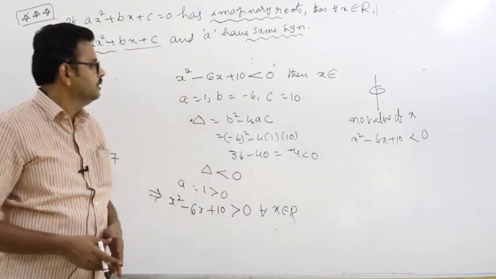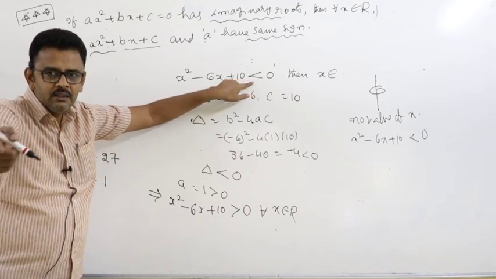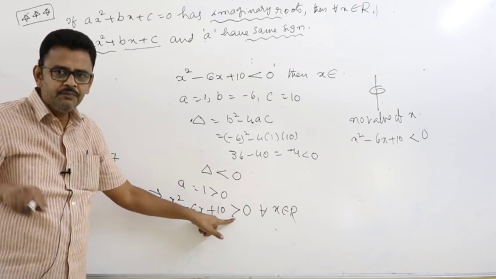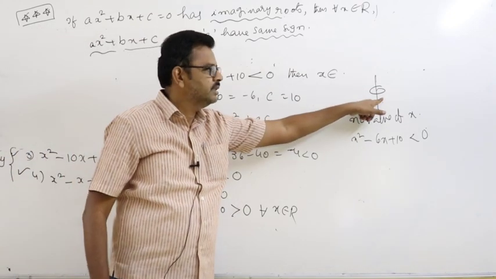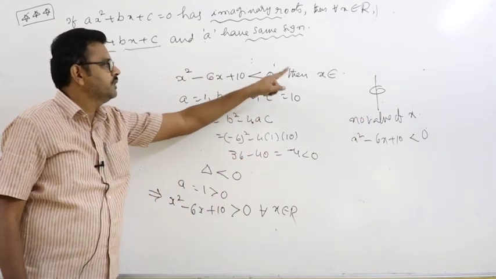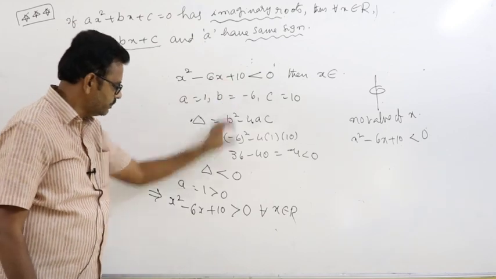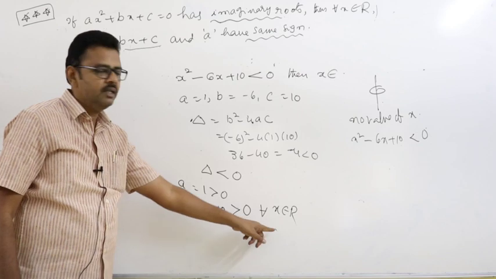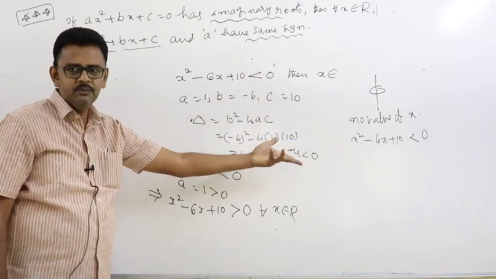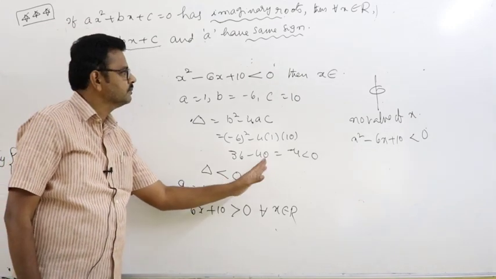Like this also, I am asking, how many members failed? What is your answer? Sir, no sir, we are all getting good marks. So how many members failed? Null set, no one is there. Like this, I am asking for what values the expression is negative. But according to this process, it is greater than 0 for all x. Negative means what? No value of x makes it negative. I think you are able to understand.